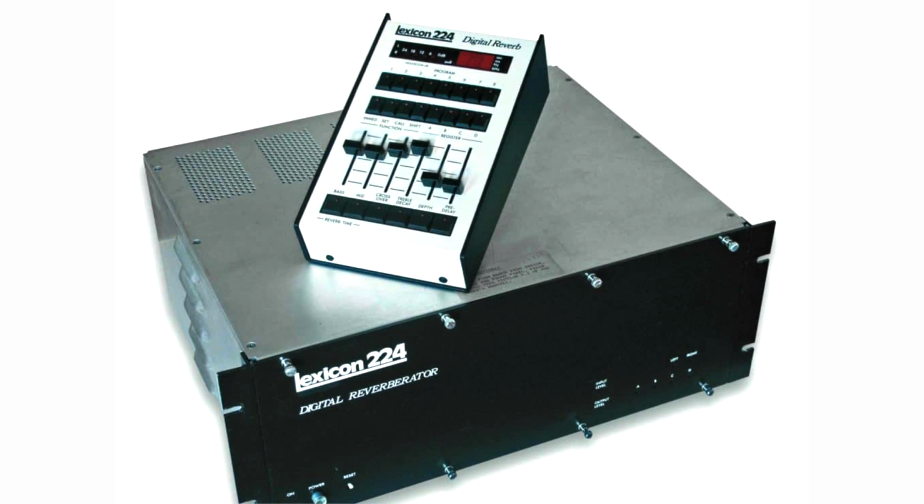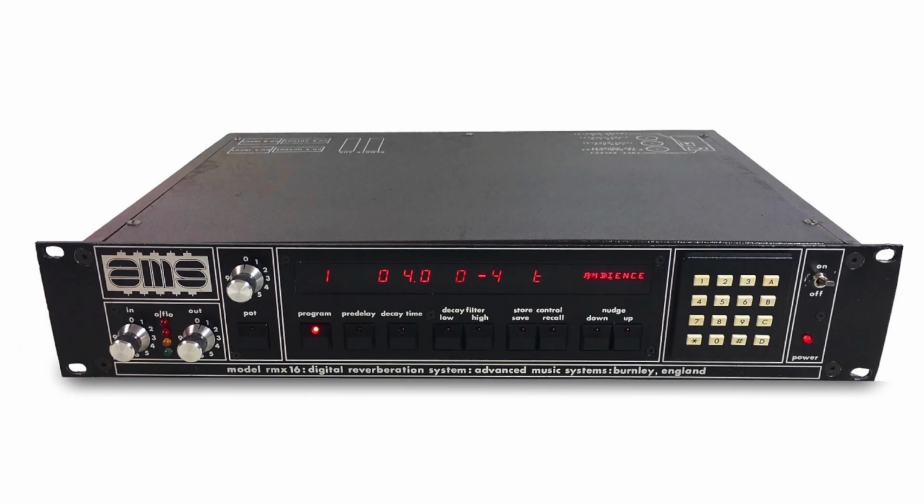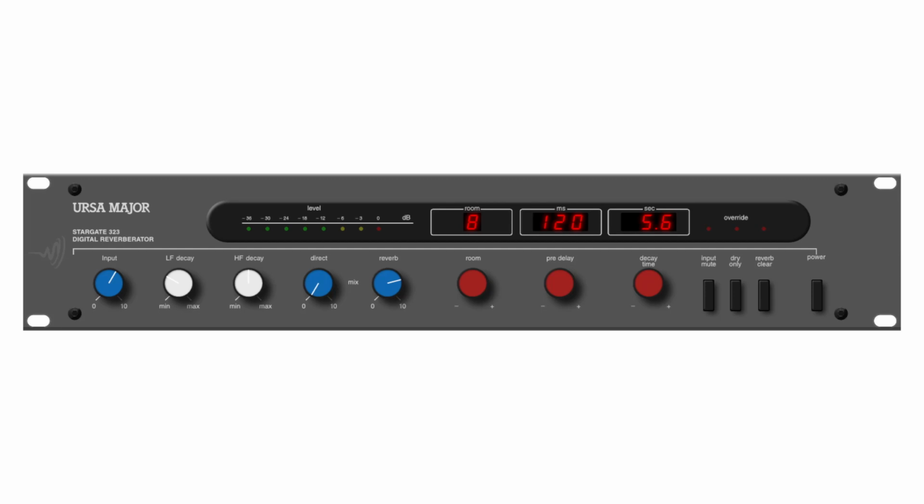When I started to build my own studios in the early 1980s, I couldn't even afford those. So getting hold of decent effects was almost impossible. Remember, this was the time when digital effects were just becoming available and they were hugely expensive. The Lexicon effects, which is what everybody wanted, of course, were thousands and thousands of pounds, and later the AMS and the Eventide effects. Then more affordable digital reverb started to become available, like the Ursa Major Space Station, and